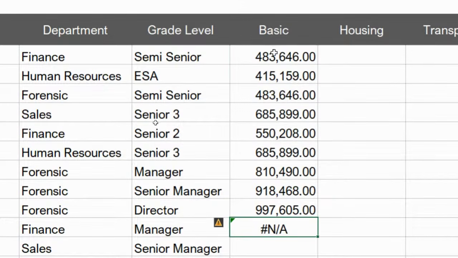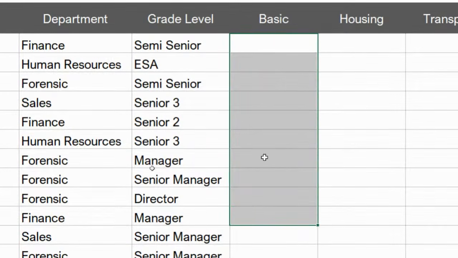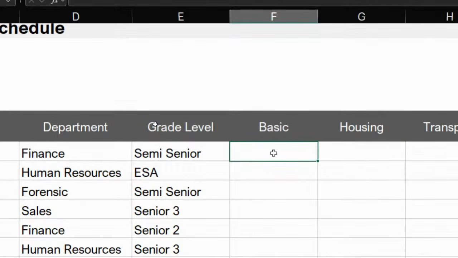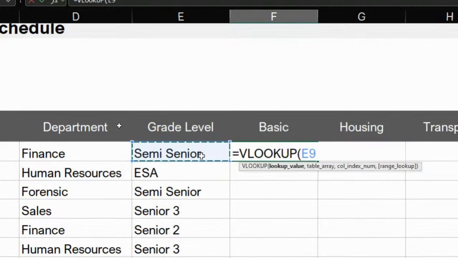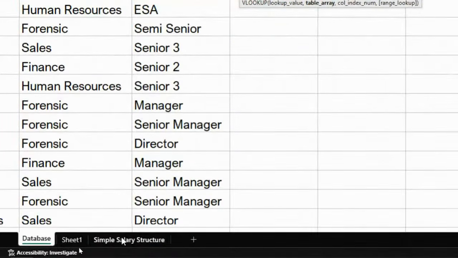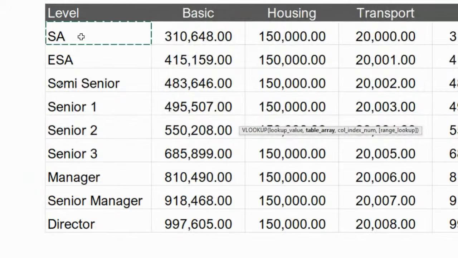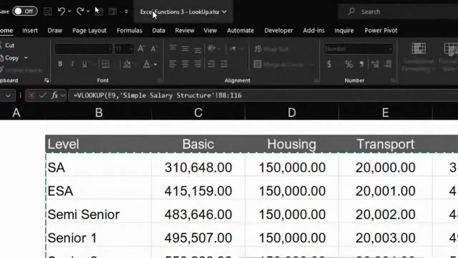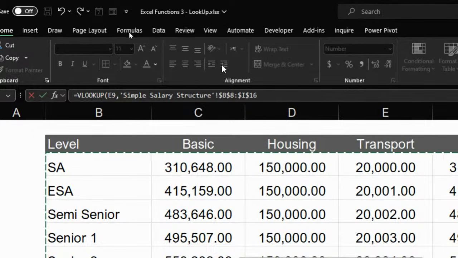So let's come back to our VLOOKUP formula now. We'll rewrite this: equal to VLOOKUP. I'll select this, our lookup value, comma. Then we come here to our table array. I would highlight this. But once I've highlighted my table array, I would press F4 to lock my entire table array in place. Once you have locked it, comma, 2, that is for basic, comma,